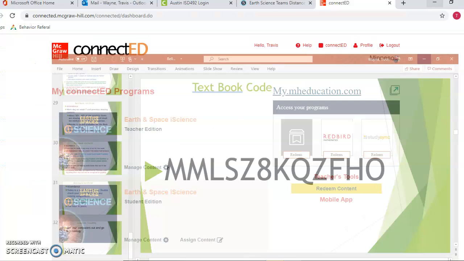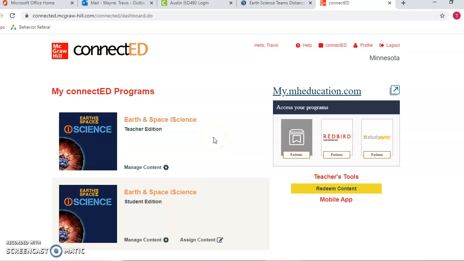After you have clicked join, it might ask you to sign in with your username and your password. It's the same exact username and password that you would use to sign into your computer. And then it'll bring you to this page, at which point you should be good to go and set up